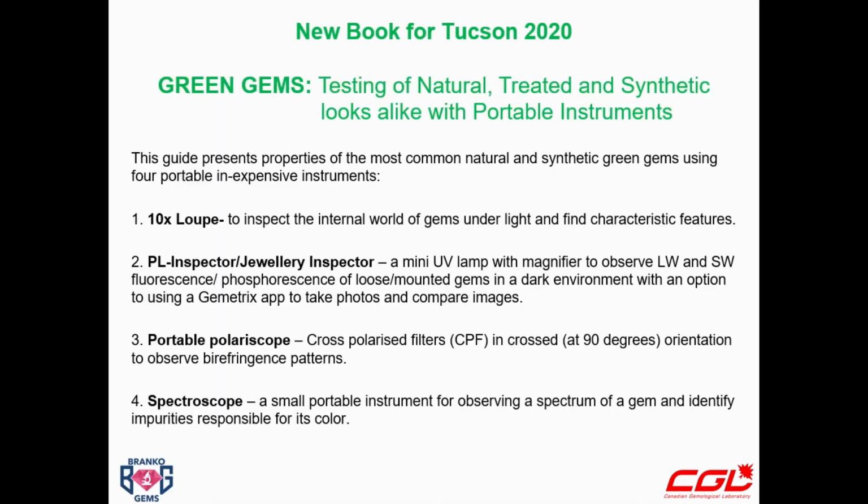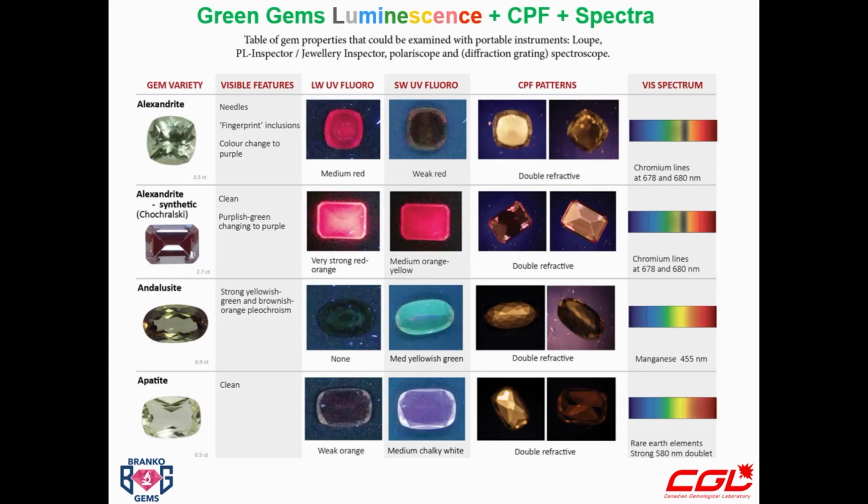And the idea is to use these four instruments that, of course, most of you have. We promote using a UV lamp if you have one, but I think it's important to have a UV lamp that is more covered, so create a black box. The reason is that now it's quite a good environment here to look at the fluorescence, but in most of your offices or jewelry stores there is a lot of light. So with a regular UV lamp, you won't see faint, weak, or even medium fluorescence very well sometimes. Of course, a small portable instrument like an OPL is very important if you know how to use it, or better, more expensive models, to check the spectra. So we are showing this in a very simple